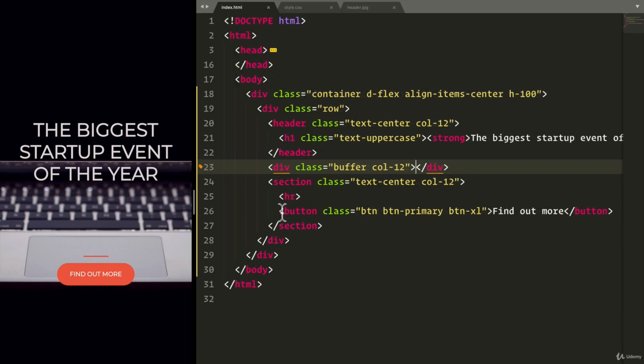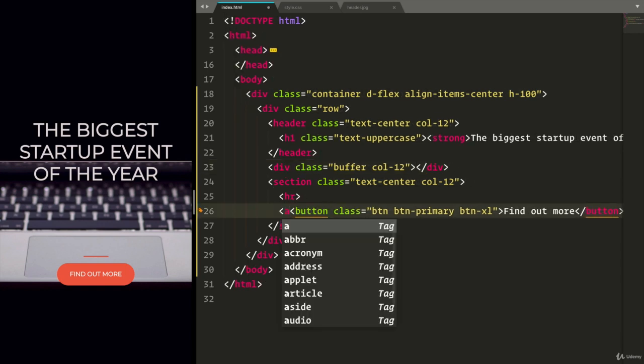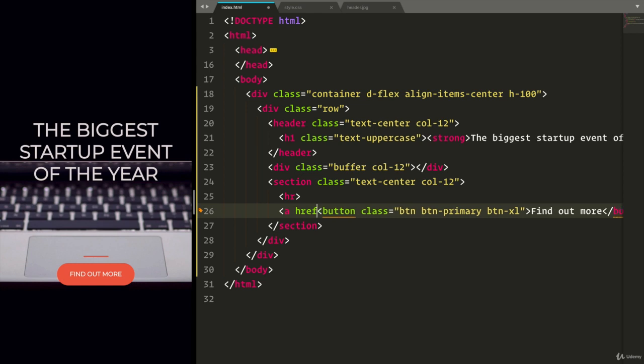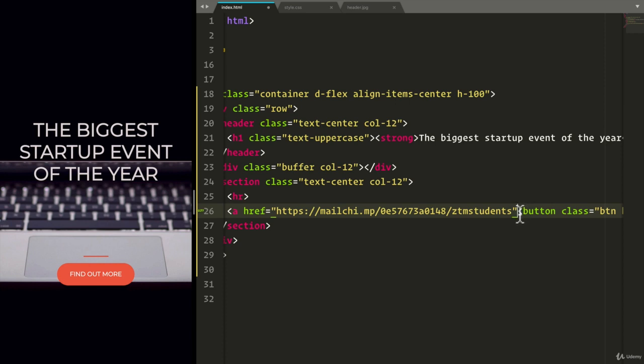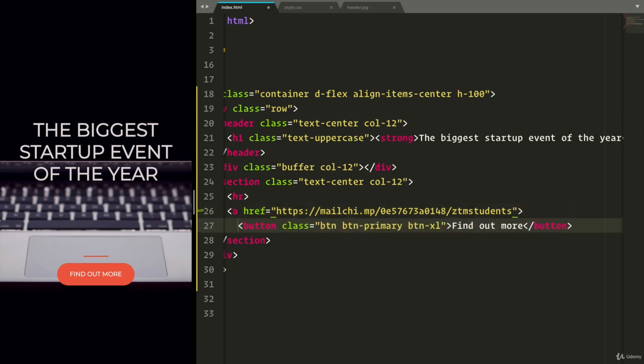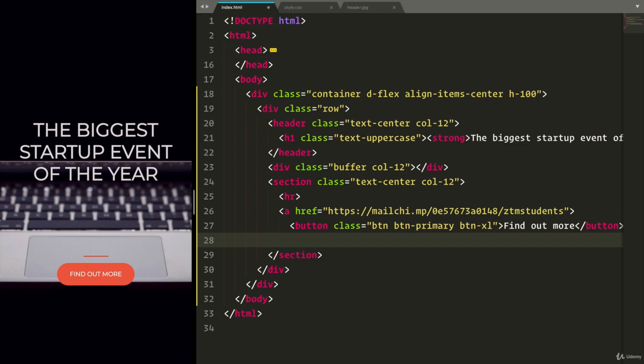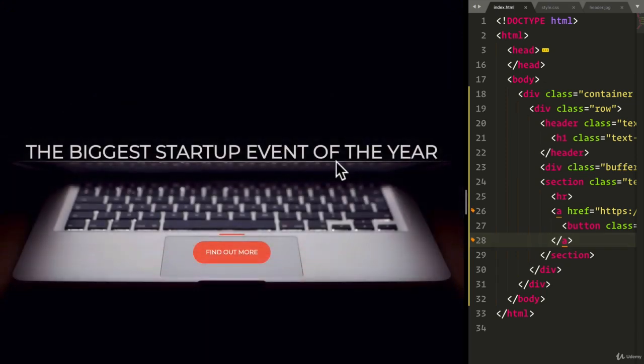And that's super easy, right? We can just create an A tag with an href, and this href will have the link that we just copied. So let's close that. Close the A tag. If I hit save and refresh, if I click now,